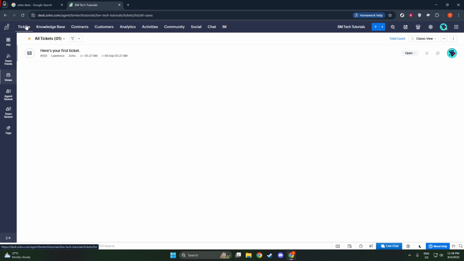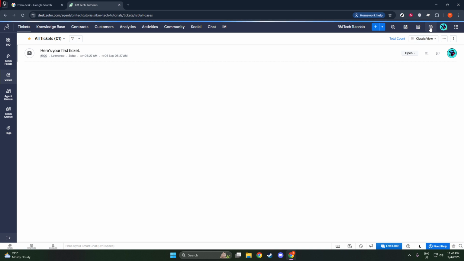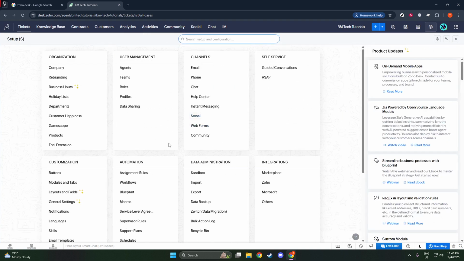Next, consider the display name in Help Center, which is how your department will be visible to customers. This can be the same as the department name or something more customer-centric. If you have a logo for your department, you can upload it here as a visual identifier. This step is optional, but adding a logo can give a professional touch and make it easier for customers to